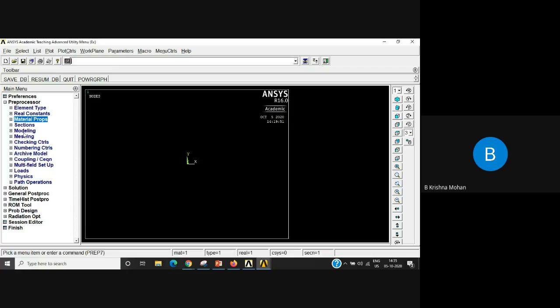After this, I want to create the actual model. Since the model is very simple, I'm using options that are available under ANSYS APDL. Initially, I'm going to create key points. Key points are nothing but points. I want to create key points,